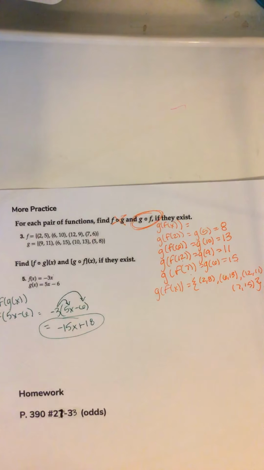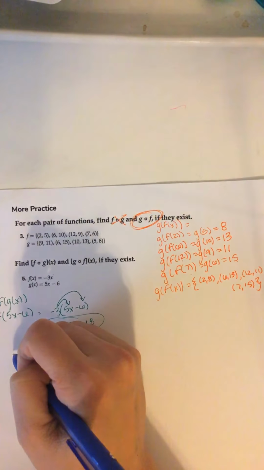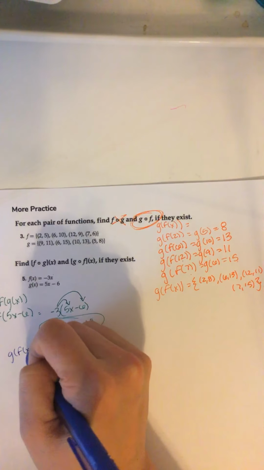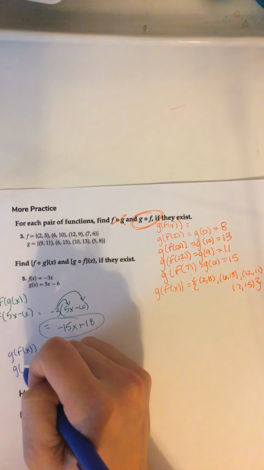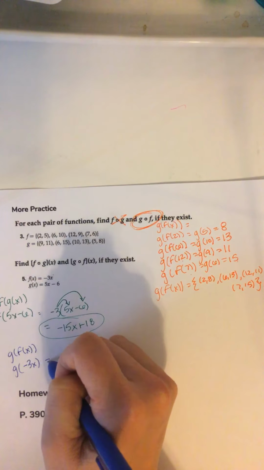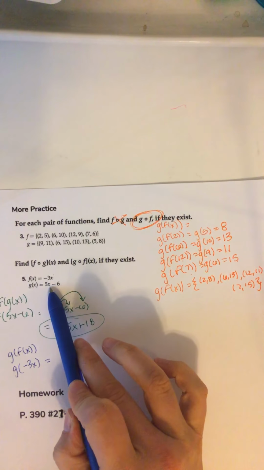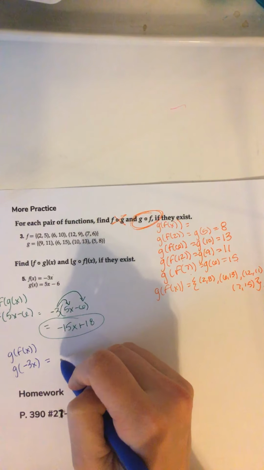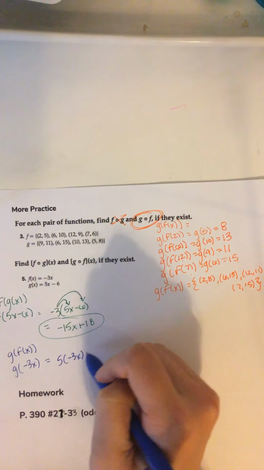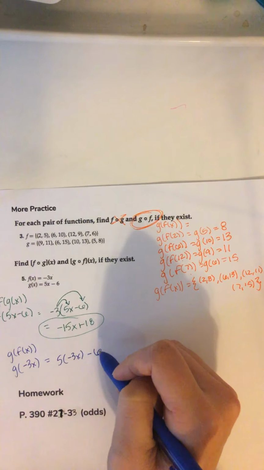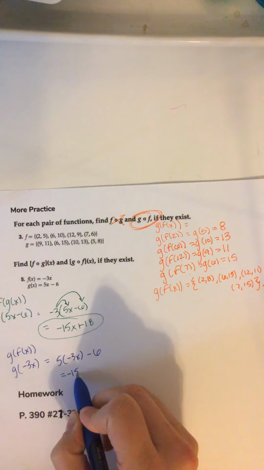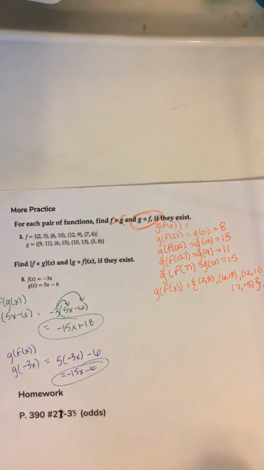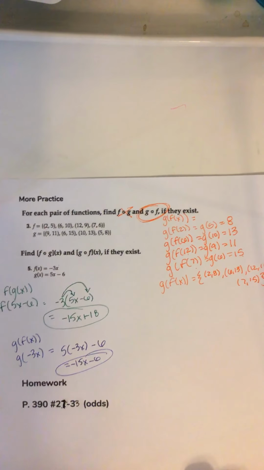Then to do the other way and find g of f of x, well, f of x is negative 3x, so I have g of negative 3x, and then I'm going to plug that negative 3x in for x to get 5 times negative 3x minus 6. I just got to do a little multiplying right here to get negative 15x minus 6, and there's your answer for g of f of x. So I know this was a little confusing,